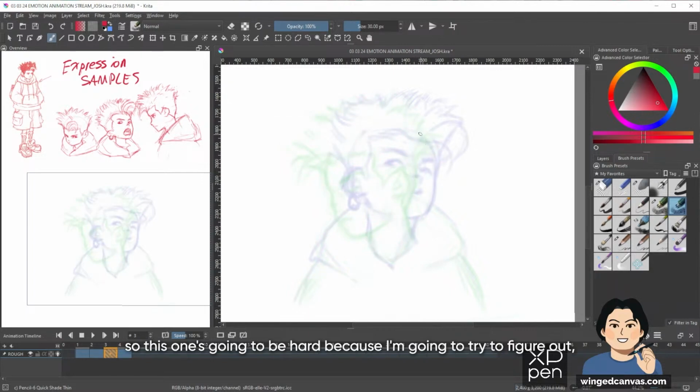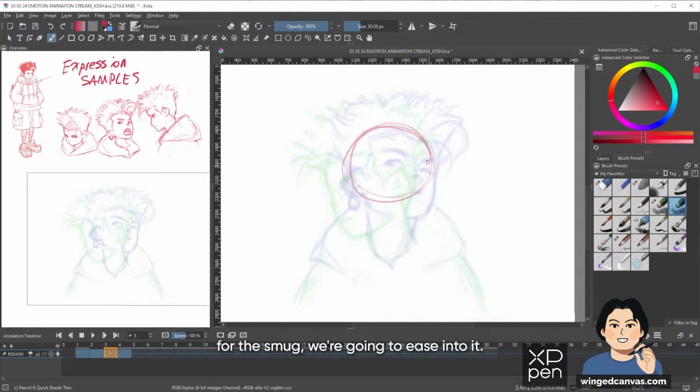Okay, so this one's going to be hard because I'm going to try to figure out, for the smug expression, we're going to ease into it, and maybe for this one I'm just going to do a more frontal angle. Head shape might be closer to something like this, and maybe something like that.